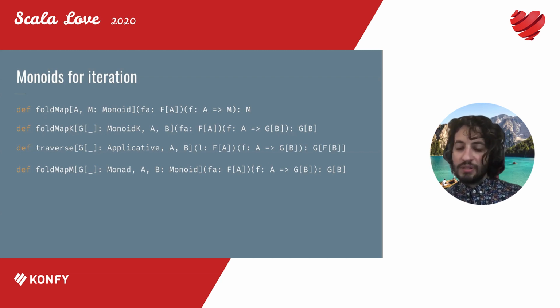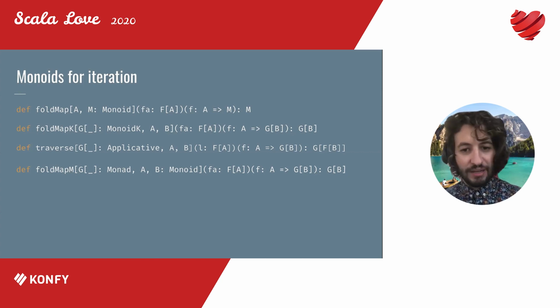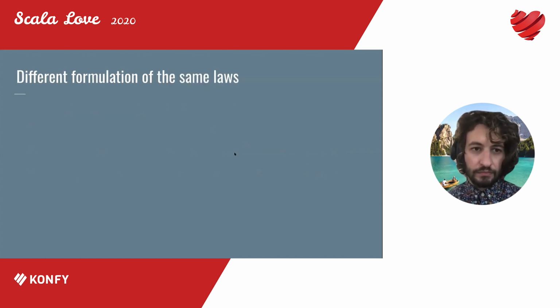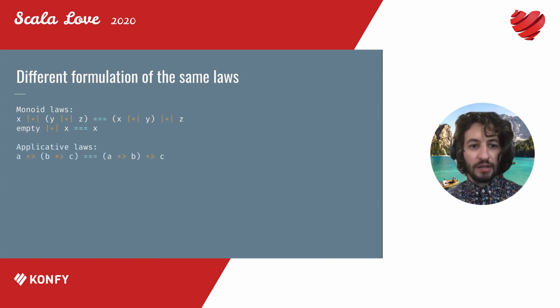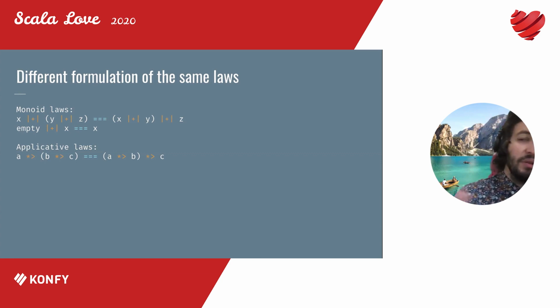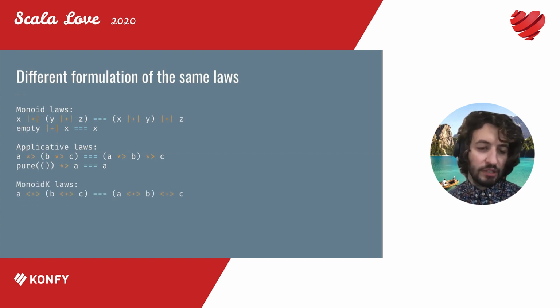And so what I'm claiming here, what I said earlier before the talk, is that monads are kind of just like monoids, and you can see that if you look at the laws. So the laws are always kind of the same. We have the monoid laws here with associativity and identity. And the applicative laws kind of look the same way. I made them look a bit easier for the purposes of this talk. But basically, they have associativity and identity laws. And the same for MonoidK, right? So it's associativity and identity.